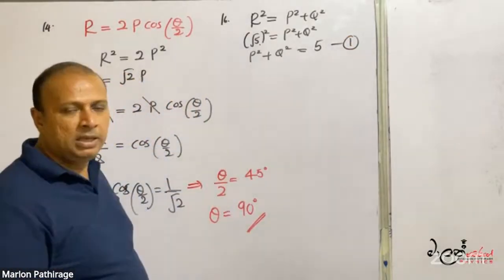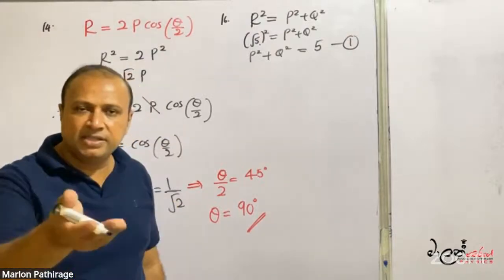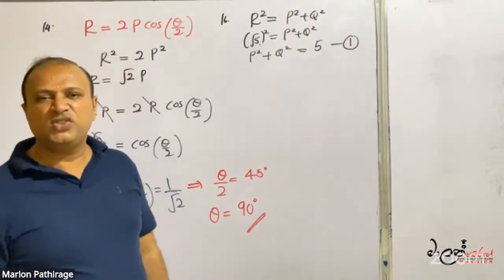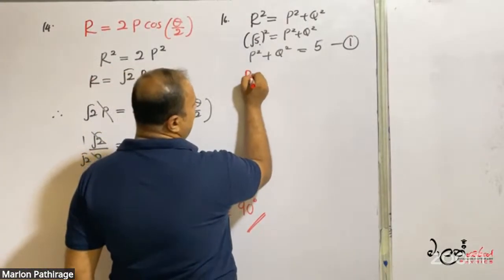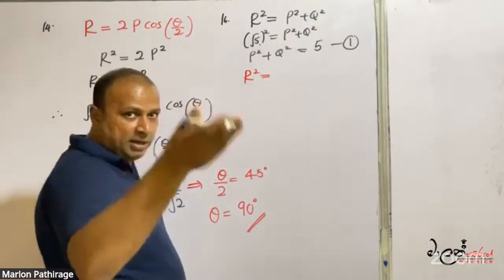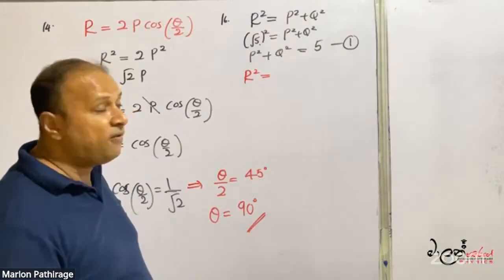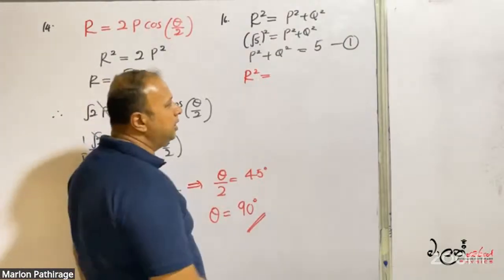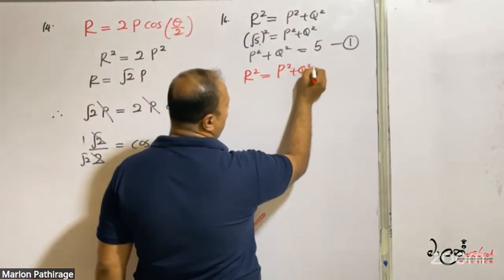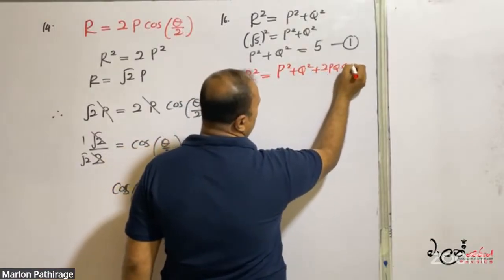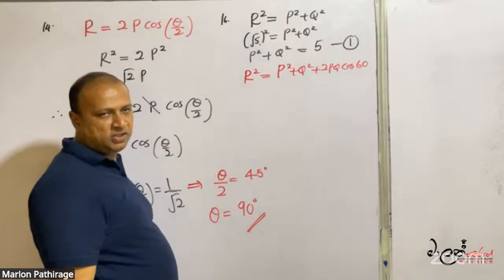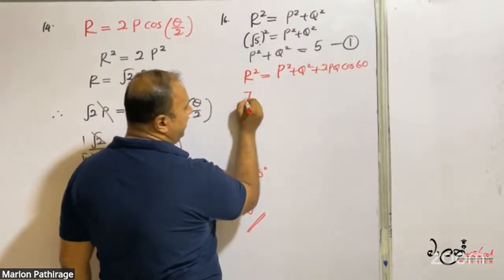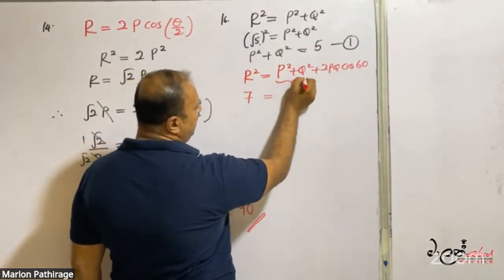Then, when they are acting at 60 degree to each other, R is equal to √7. So if they are acting at 60 degree to each other, I can find R using the common equation. Put R squared is equal to P squared plus Q squared plus 2PQ cos 60. Now R squared means √7 squared, that means 7. P squared plus Q squared is equal to 5